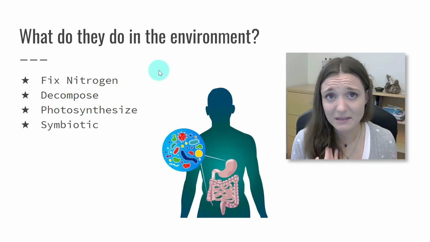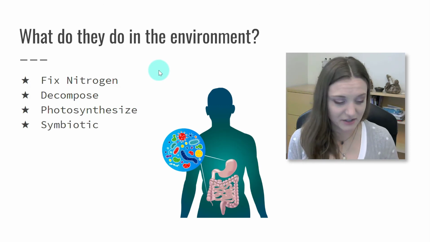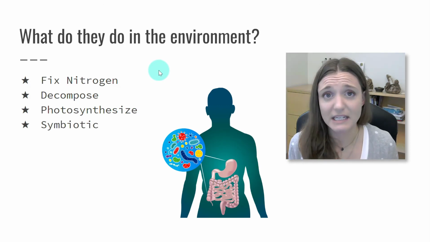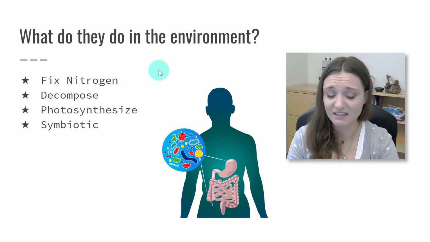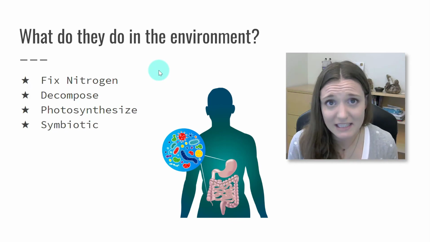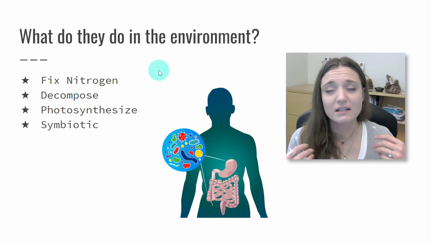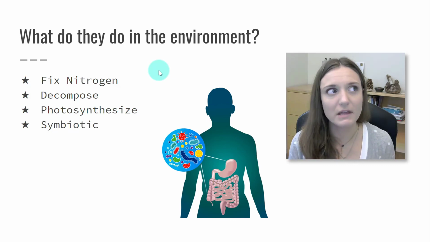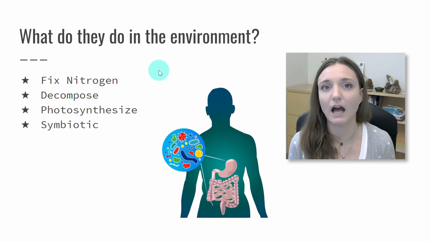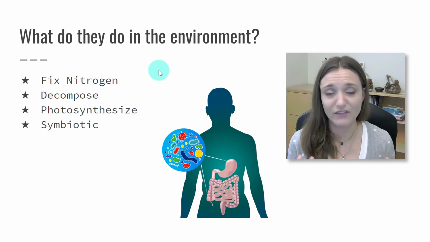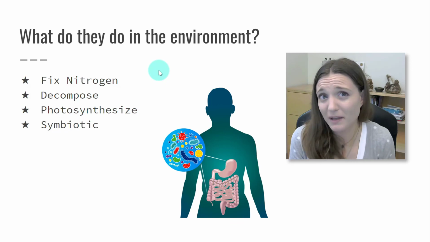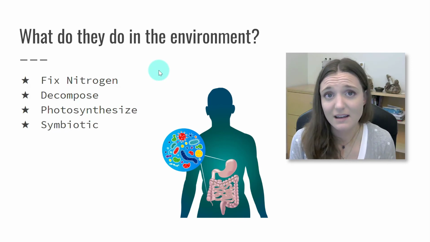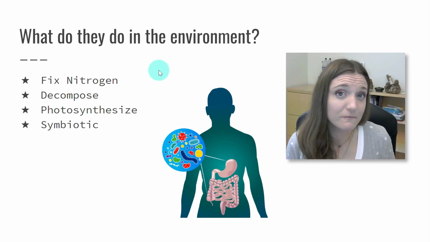Many bacteria are symbiotic with us and with other organisms, right? We're coated in bacteria right now. We have Staphylococcus bacteria that are living on us and in us. We have E. coli bacteria living in our gut. We have tons of species, millions if not trillions of bacterial cells living on and in us. Most of the time they're not harmful though. They're helping us. They're either symbiotically living with us by helping us break down the food that's in our gut,